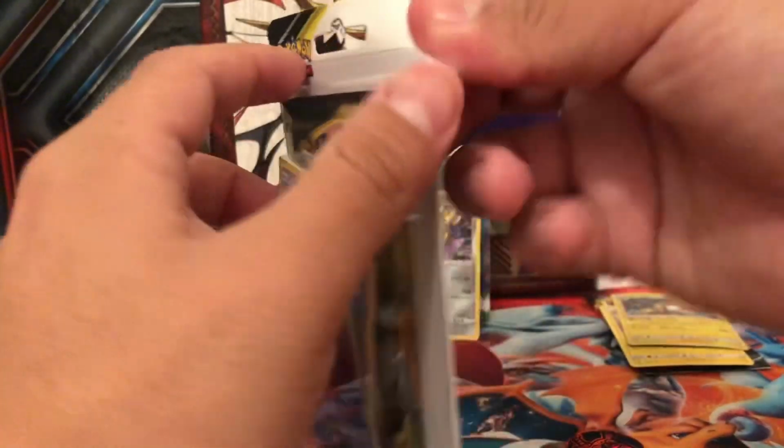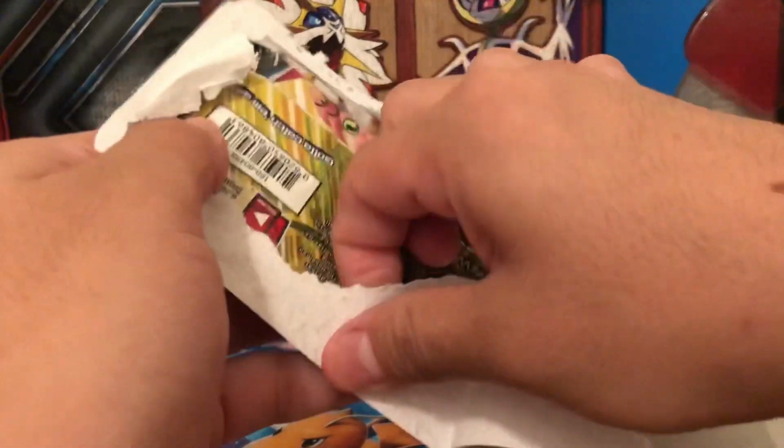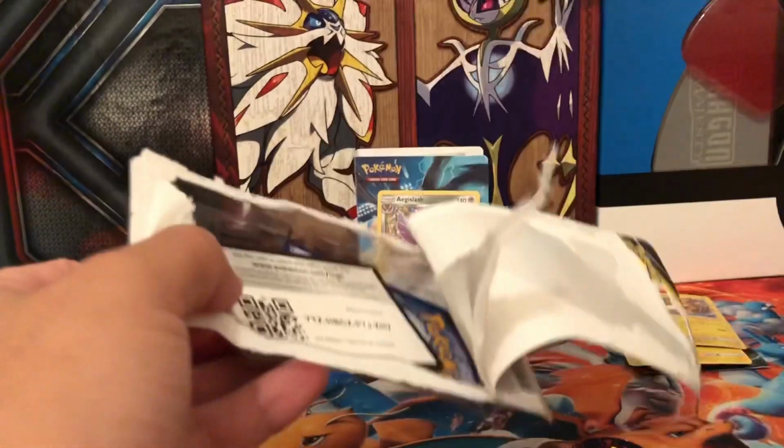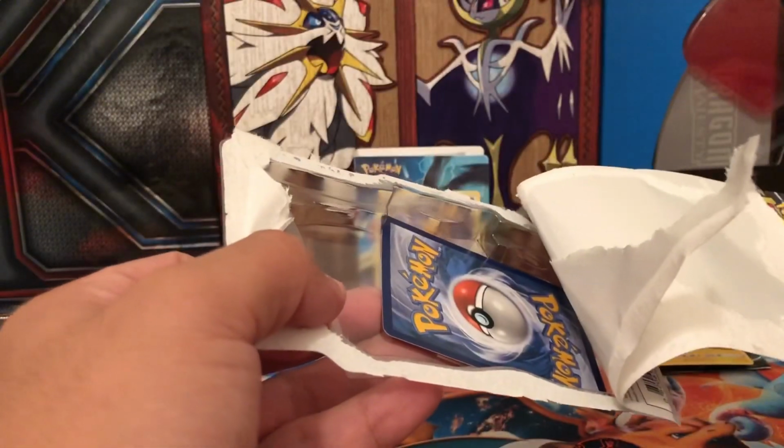So we have here the Gyarados with the matching Magikarp, and it's a fairly good Gyarados too. It does a pretty hefty amount of damage for, I believe, Magikarp that are in the discard pile. I can't quite remember. I just remember it had a winning deck for a little bit. So let's go ahead and take a look at